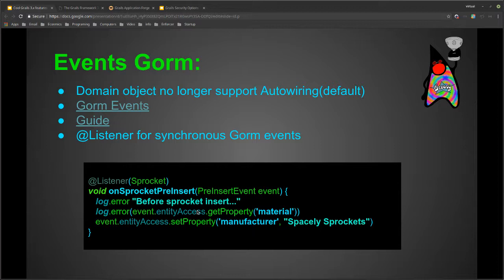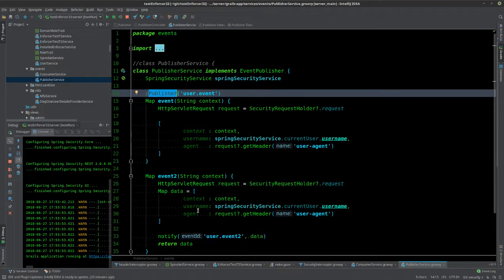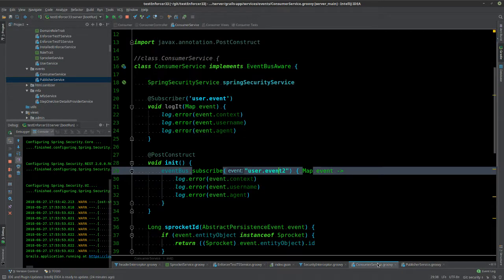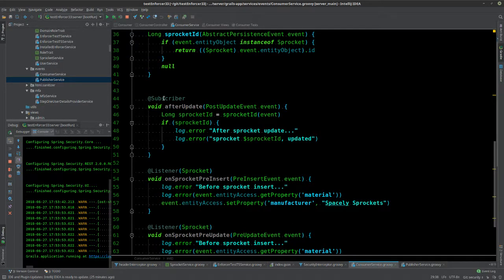There's also, if I go back to the code, I think it was in the consumer, there's also a subscriber. The listener ones are synchronous. Subscriber is asynchronous. So this gives you the ability to actually pull events.